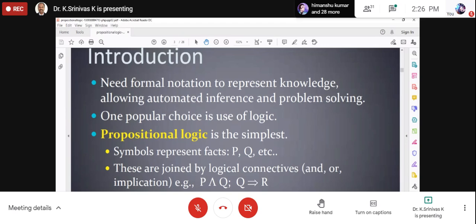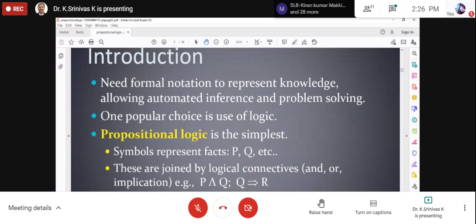It is heavily raining outside, so I have to wear a jacket. P is raining, Q is the jacket. So it is a justified logic, a justified connectivity. Because it is raining in Hyderabad, if you are planning to wear a jacket in Karimnagar, then there's no point. Okay, so these are the P and Q.